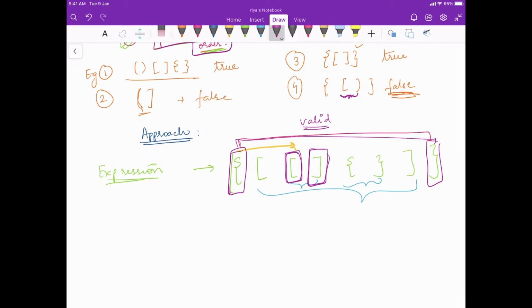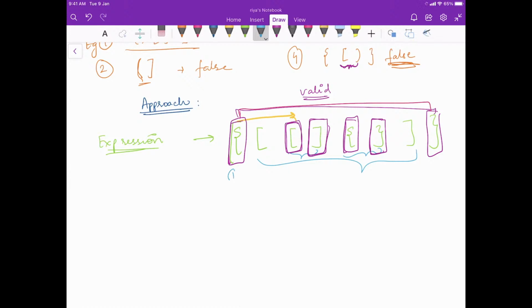Can you try to visualize any data structure at this point? The one which is coming later in the stages is the one that is getting closed first. This was the first one, let's say this was the second one, and let's say this was the third one.